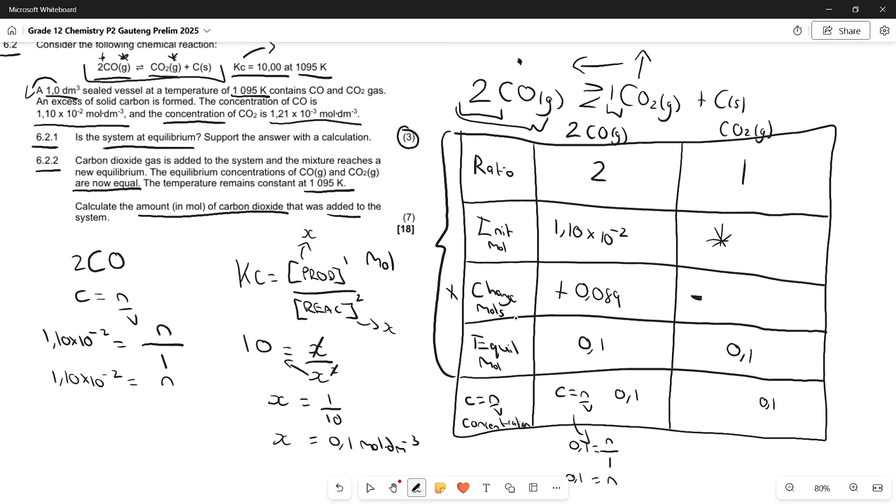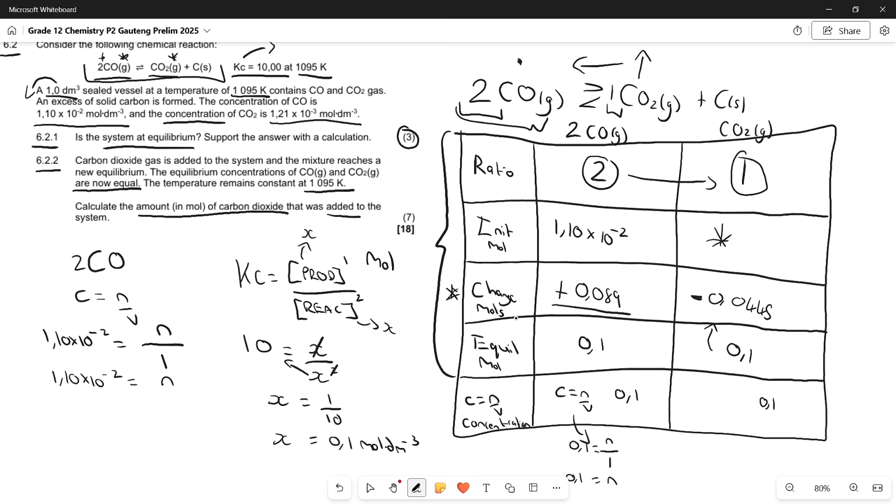And as we mentioned, the change in moles is very important, because here we can do a molar ratio. If this is 2 and this is 1 over here, we can divide the 0,089 by 2 and we'll get 0,0445 over here. The change in moles is the only place that we can use our molar ratios to figure out how much things changed by in relation to one another, which means that once again we can go 0,1